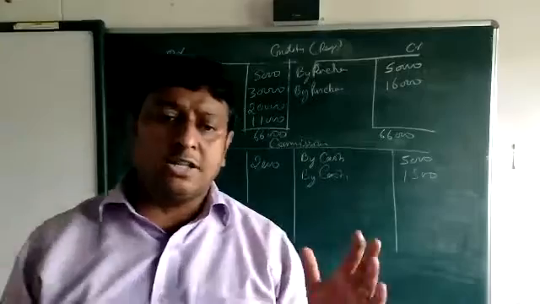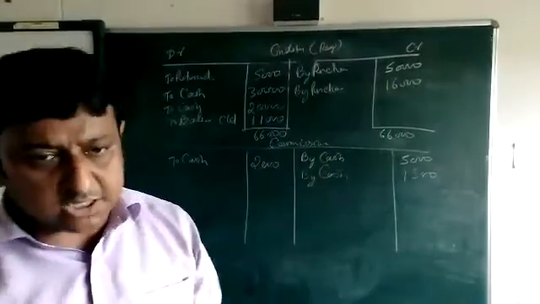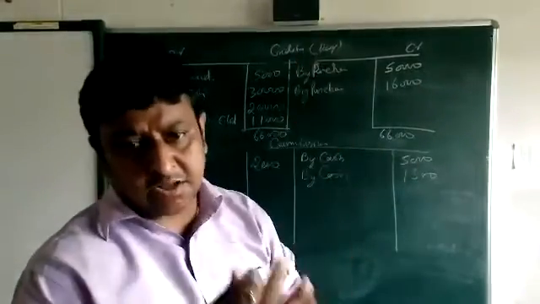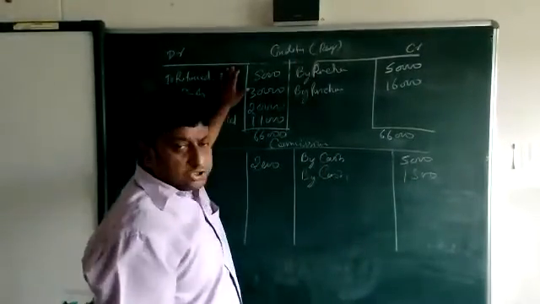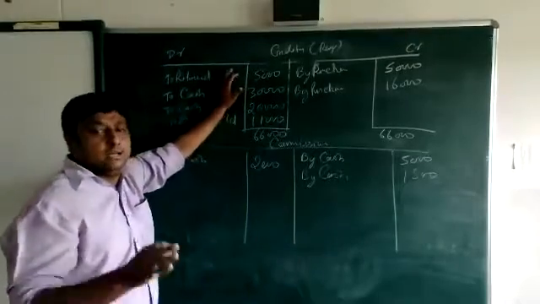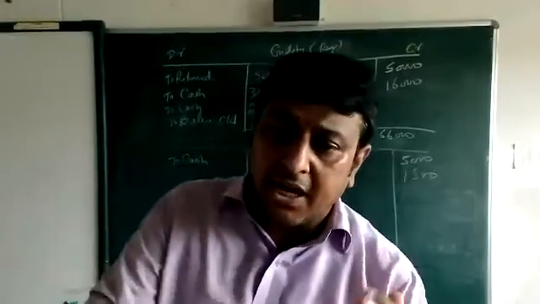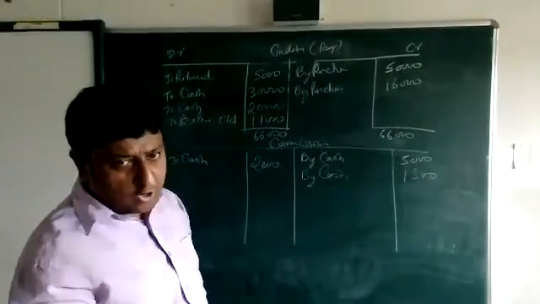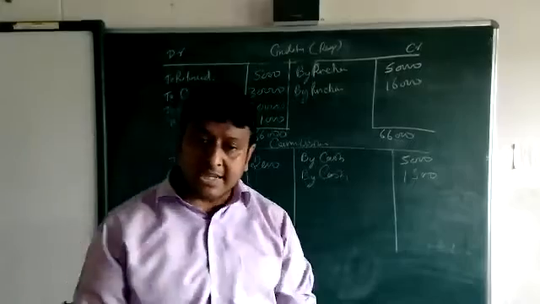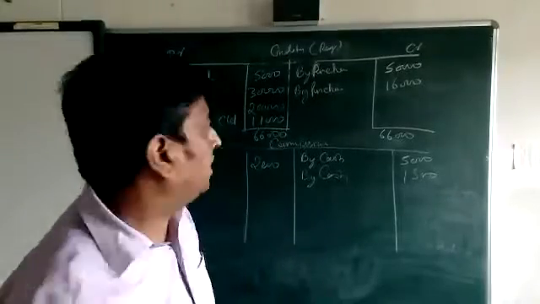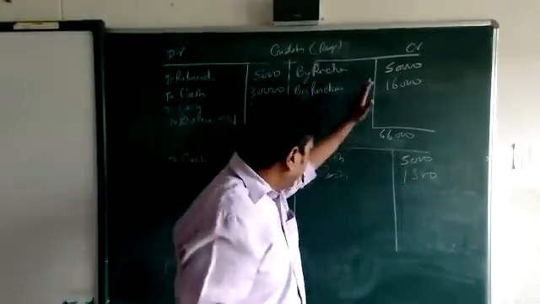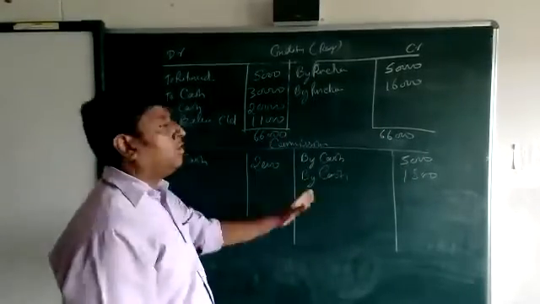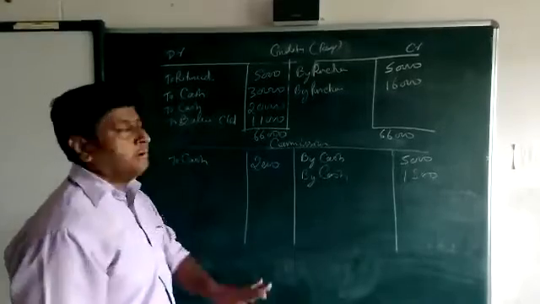Beta, this method is called the balancing method. This method is called what? Balancing method. Beta. Okay, this is the next step of the T-shape. We are going to see which side is bigger. When we see which side is bigger, the bigger side will be shown on both sides, and on the small side the difference amount will be entered. This side is 66,000, but this side is 55,000. The difference amount is 11,000. That is so to balance C/D.